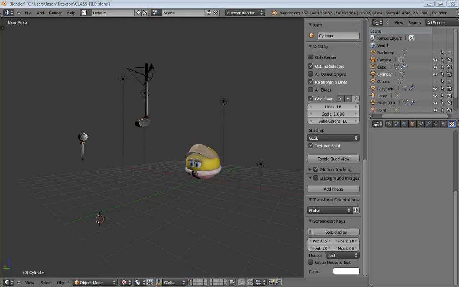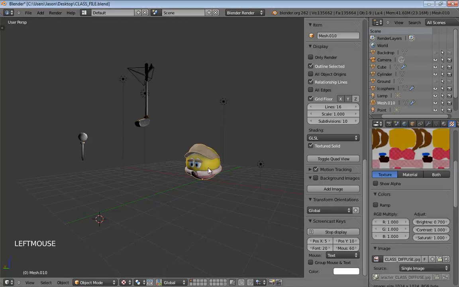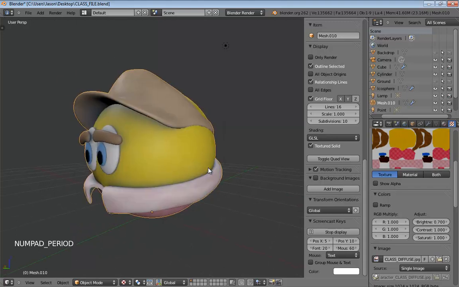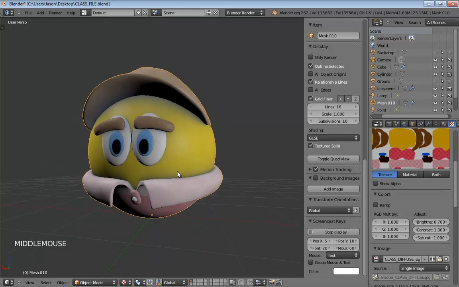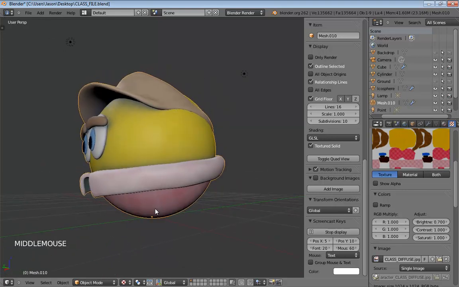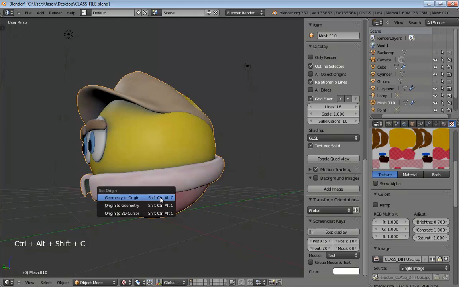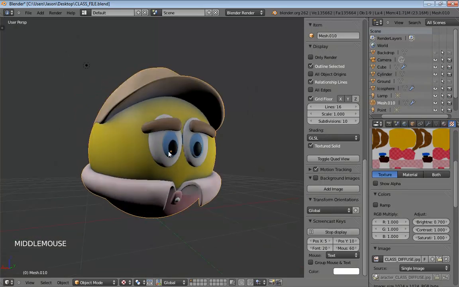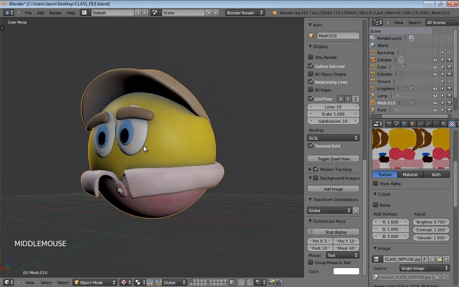All right, so now we're going to move over to the rigging process for our character. Now, once again, I am going to be following along with the notes that I've already published for everybody. So if you guys want to use those as well, by all means, do so. So here we are with our character. And the first thing we need to do is get the origin down toward the bottom. Now, in my case, the origin is already at the bottom, but let's say yours wasn't. Let's say your origin was at the center of the character, maybe floating way up here. We need to fix that.